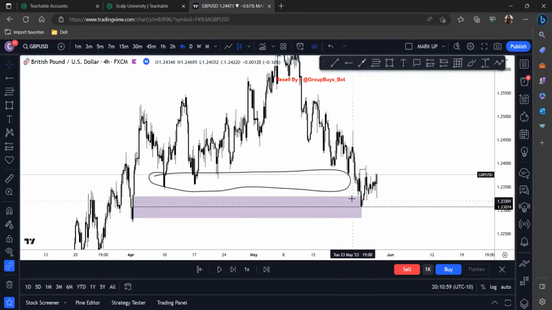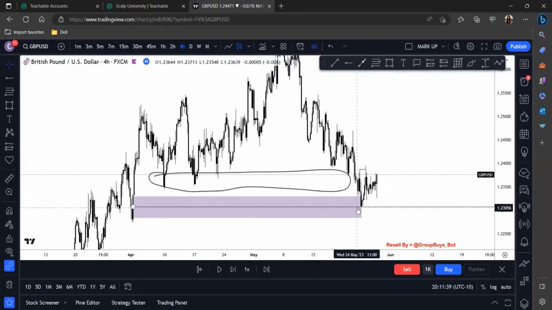Like on the higher time frame, even if this was a fake reaction, and when I say fake reaction, I mean even if this was a failed swing move. For example, if this low didn't break a high, that's okay. Because even if it didn't break a high, that means it's a failed swing low, meaning we will continue to break structure and see lower prices. So even if this swing low was a failed swing low on the higher time frame, it doesn't matter, because when you see price approaching a higher time frame POI and you drop down to the 1 minute or the 5 minute and you see a break of structure, I would take it.